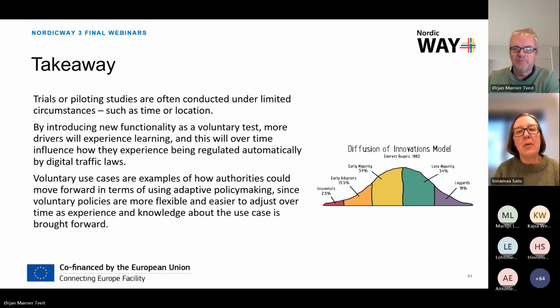Okay. Thank you. Were there any issues with privacy among the participants when you did your study? Privacy is, of course, a huge issue with all sorts of new functionality. But I think that when we have this sort of test, we normally have compliance from the test users, so that we can evaluate their driving and their paths and so on. Otherwise, it's impossible to do some studies from it.